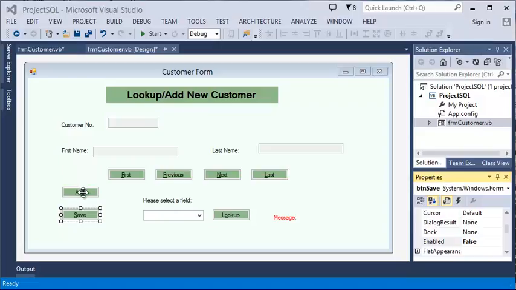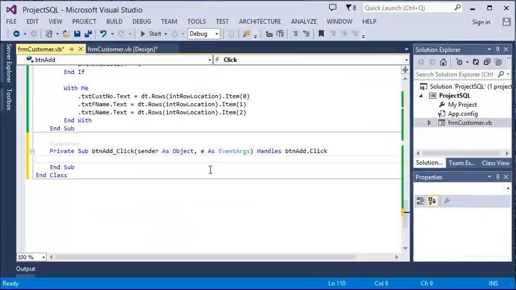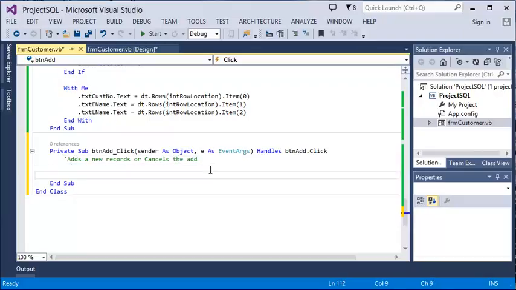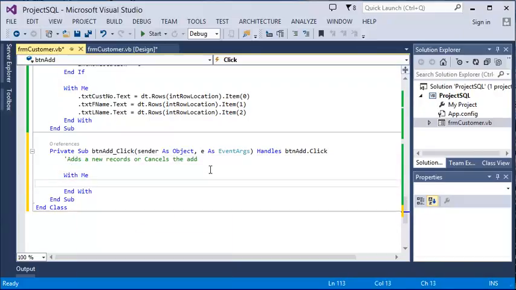Okay, so to do that, we'll start off, and this may take a couple of videos, but we'll start this and we'll say something like "adds a new record or cancels." I'll put that in uppercase C, the add. So on this we'll say with me, and we'll add some extra methods or subroutines, as I used to call them, within this one, so we can group things together and make it look a little bit neater. But we'll say